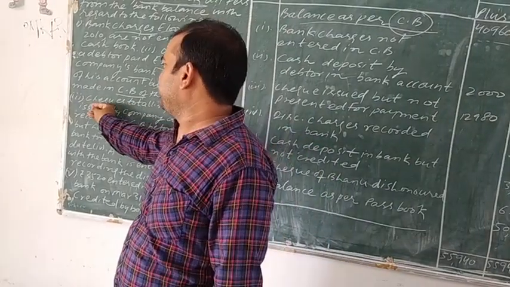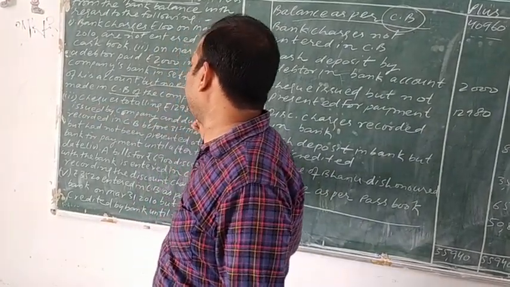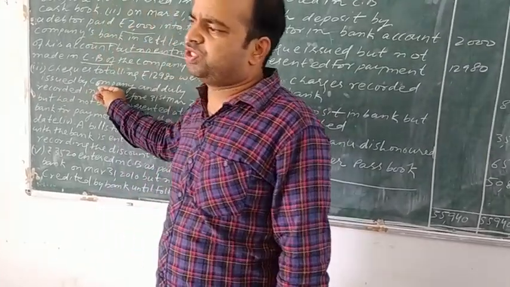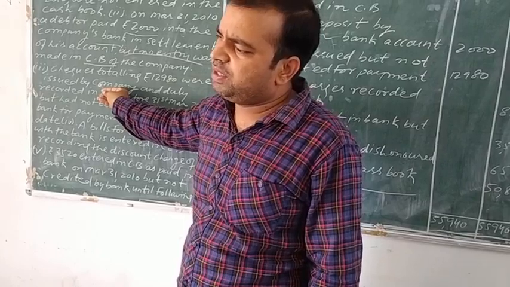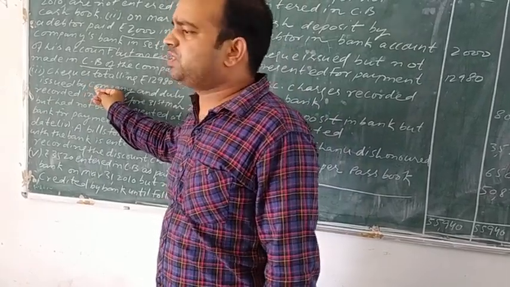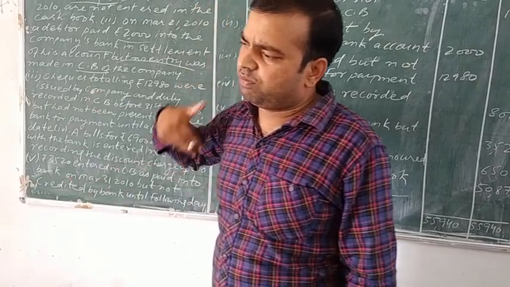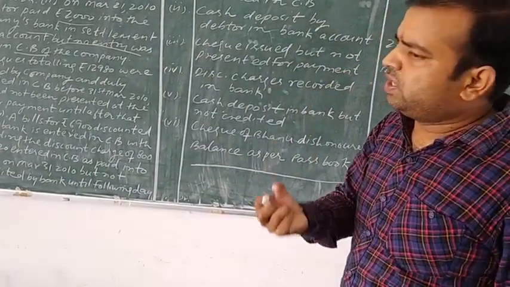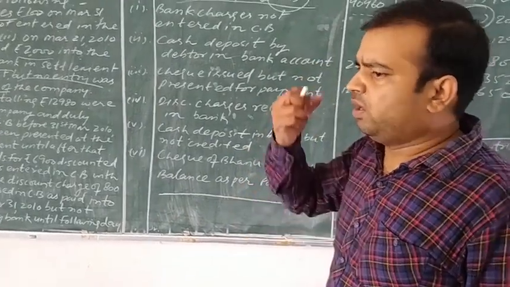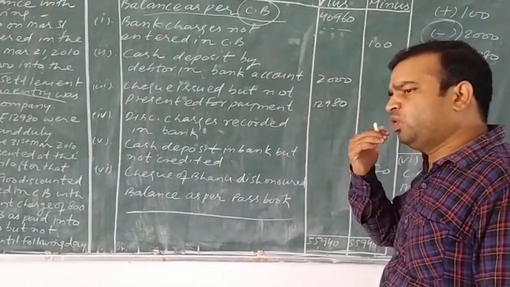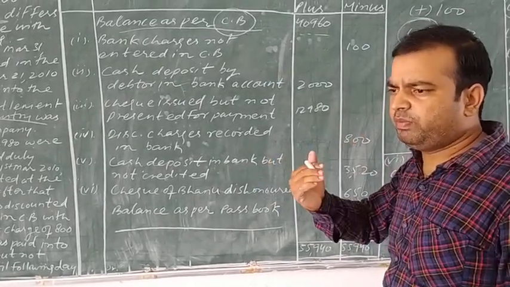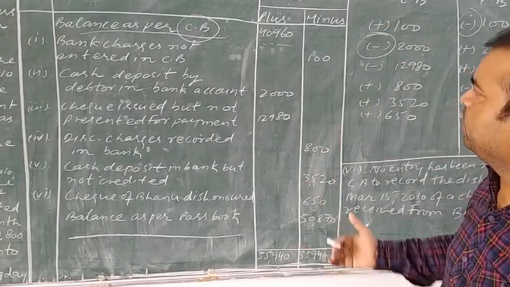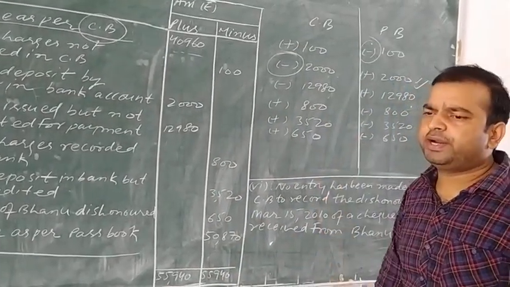Now see the third transaction. Checks totaling rupees 12,980 were issued by a company. If the company issues a check to anyone, then it means that the company is giving the check to someone else. Giving a check means that some amount will obviously go out of the firm. Go out of the firm means within the firm, or say within the cash book, this amount, that is 12,980,